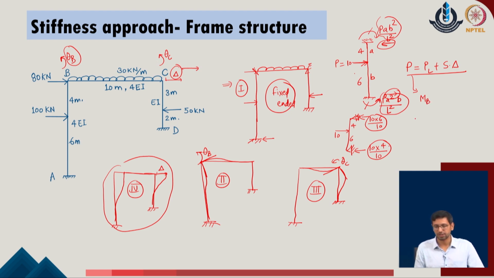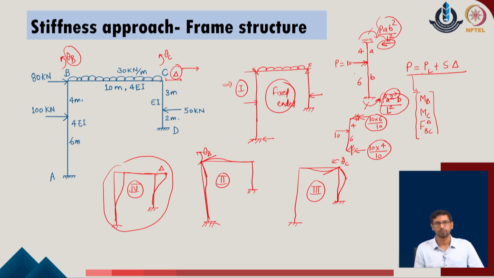With respect to the joint C rotation, it will become moment at the joint C, and with respect to the sway, it will become the force in the direction of the member BC, or force in the direction of delta with respect to the member BC in the given system. So, using these 3 conditions of the equilibrium, we will be able to identify the overall conditions of the equilibrium for the given problem.